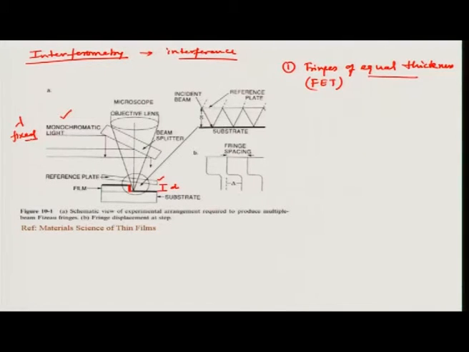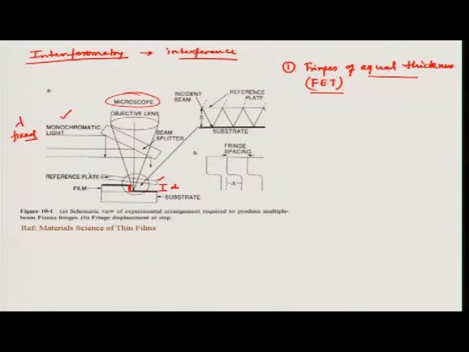Okay. Now, how you do it, that you have this through an objective lens or a beam splitter, you shine the light. So, this beam splitter reflects the light onto your substrate, and then you scan this onto your surface. The lights reflected from these surfaces are collected and observed by a microscope, through an objective lens. So, this is the principle on which this method works.